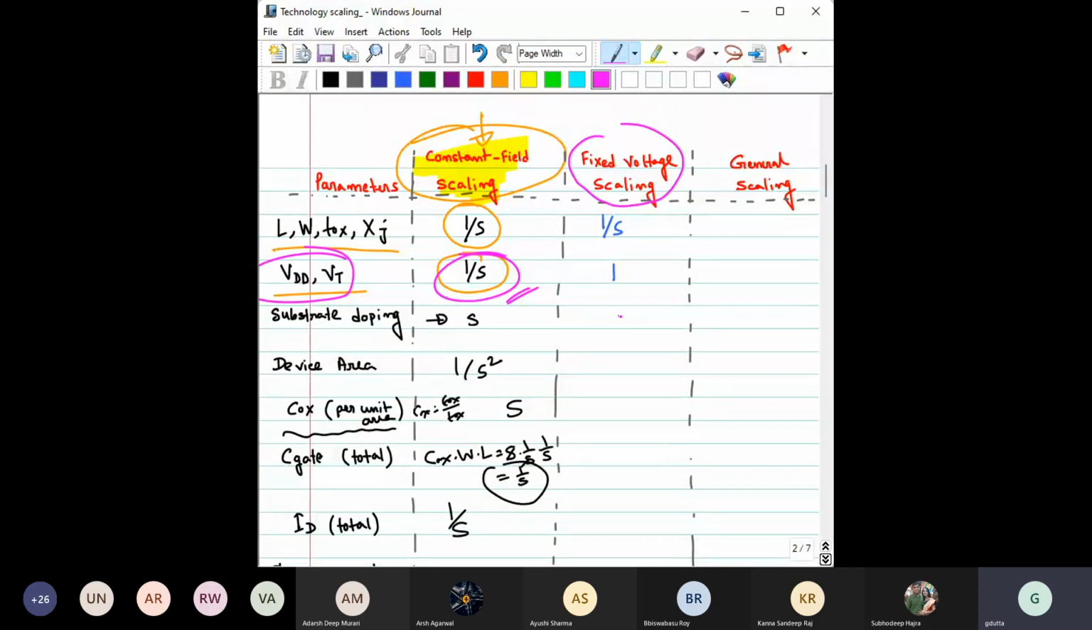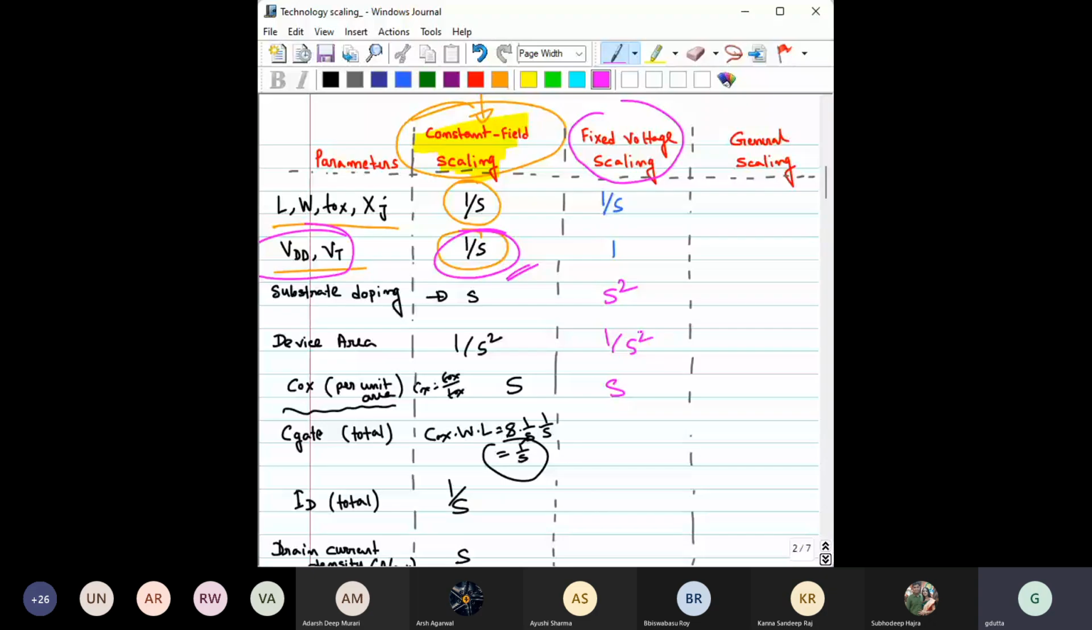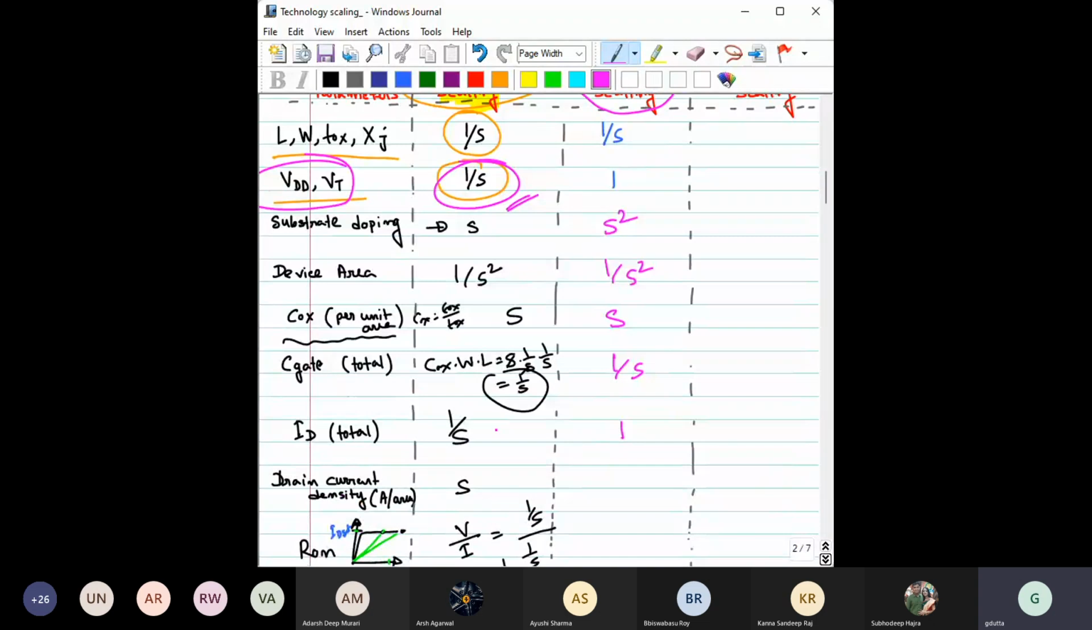So what will happen to the substrate doping? Substrate doping becomes, you can calculate it. I think it will become S square. I'm just writing it from here. So it becomes 1 by device area, 1 by S square. Cox becomes S. C gate becomes, no, I think this S square, 1 by S. C gate becomes 1 by S. Then ID. This ID becomes 1. Please check it though. ID becomes 1. Drain current density becomes,